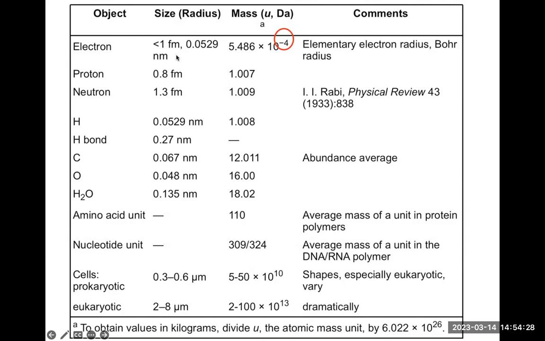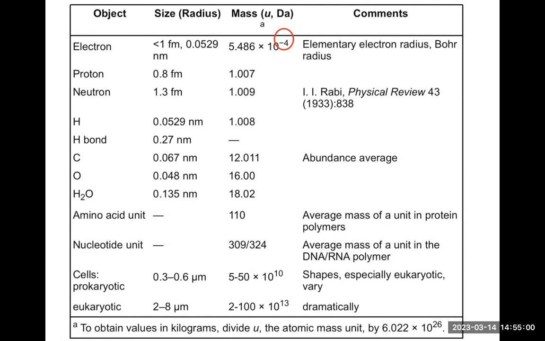and with electrons, femtometer, that's 10 to the minus 15th, proton 0.8 femtometer, neutron. Then you have the hydrogen, it's 0.5 angstroms, hydrogen bond 0.3 nanometers, carbon, and so on. So we are building the blocks. We go to the cells, and the smallest cells would be